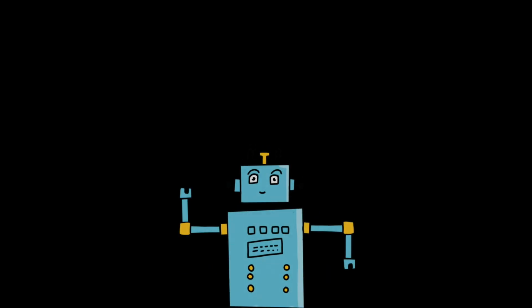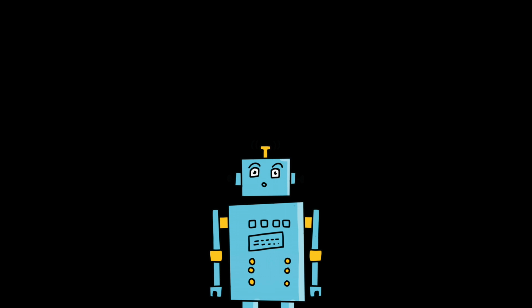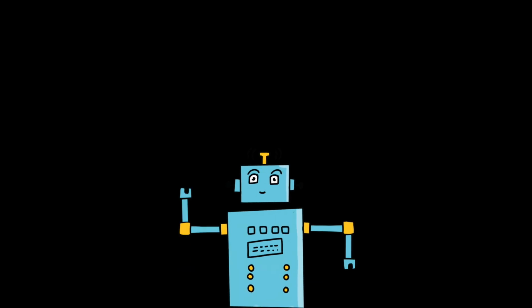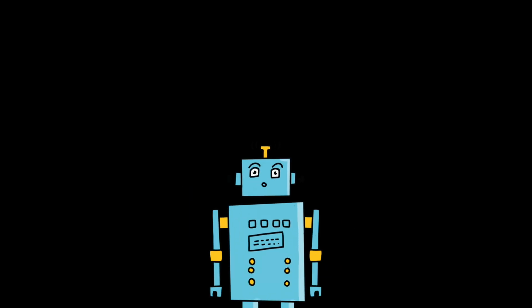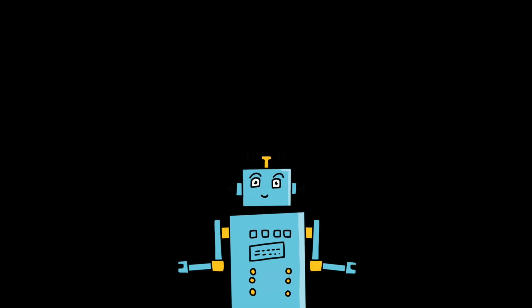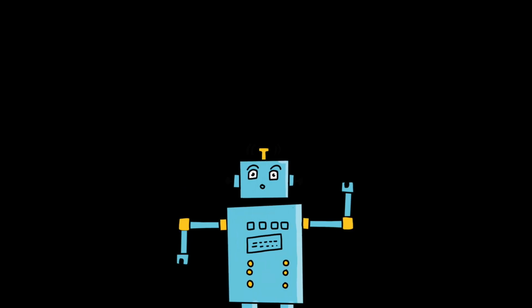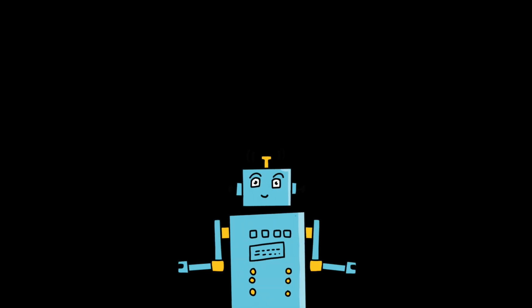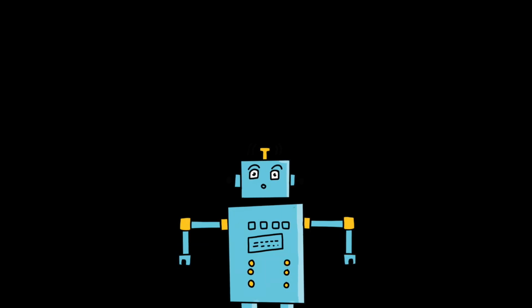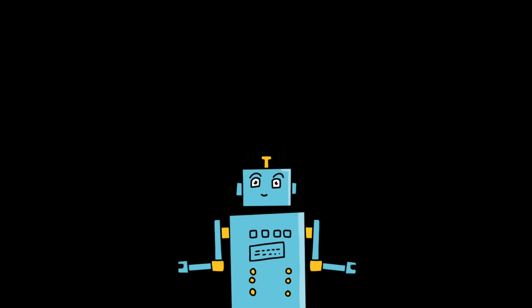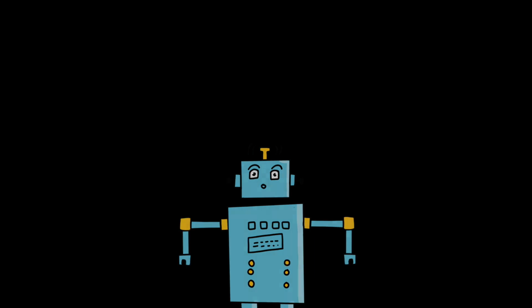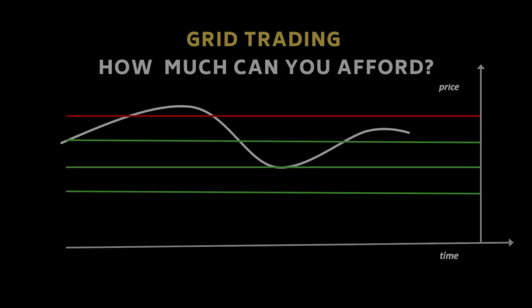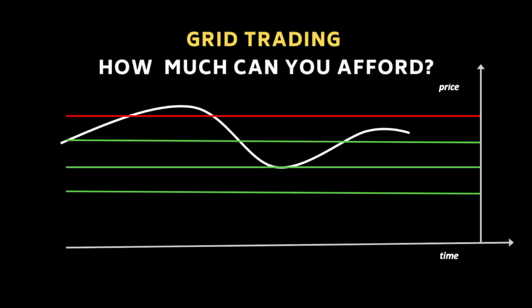In my videos, I speak about price going to zero as the worst case scenario for your long positions. In reality, price may never drop to zero, but it may come close to it, even for a second, due to a technical glitch in your exchange platform. This possible loss amount is the amount that I recommend to hold in your maintenance margin, as a security, to ensure that you will never be liquidated. Let's come back to the main question of this video: what kind of grid strategy can you afford?